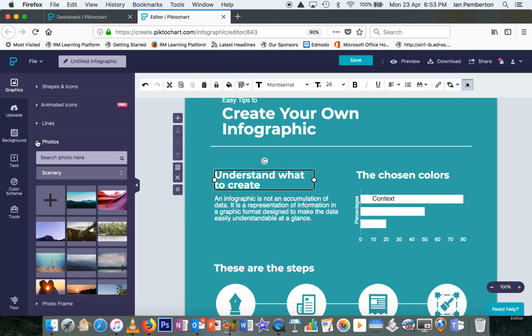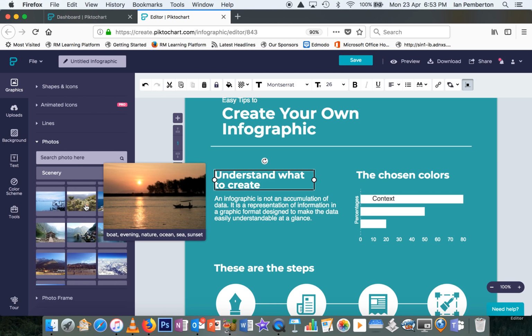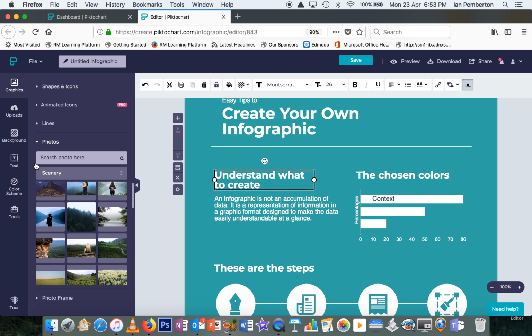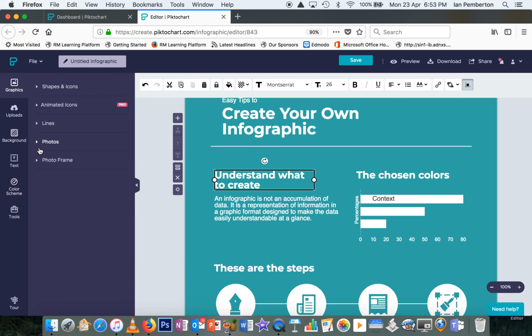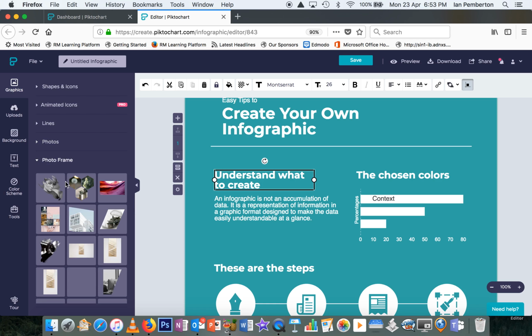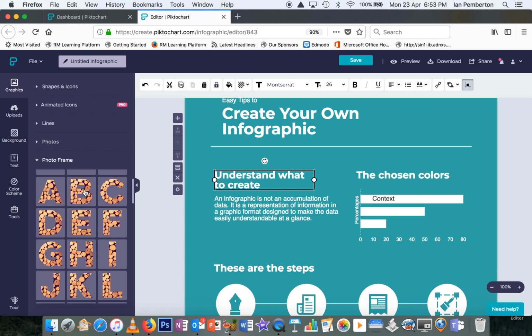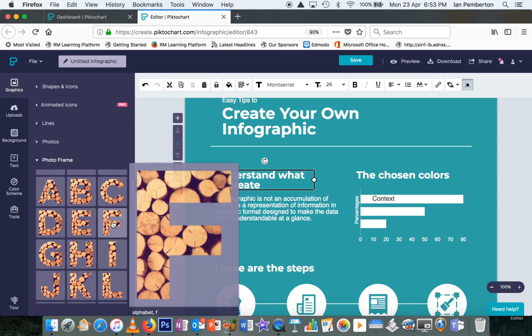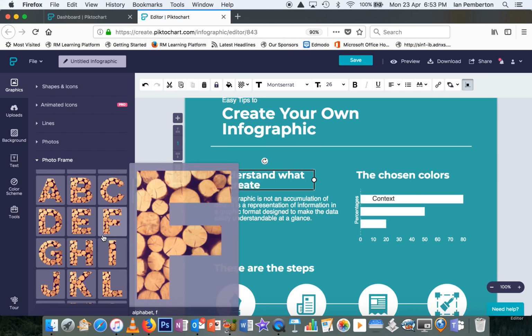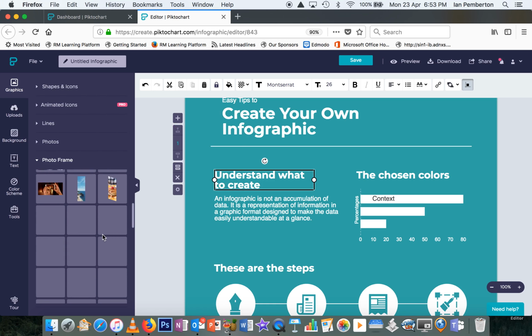We've got photos there, look. Most of those you can use. I don't think you'll use them at all for this exercise. And then you've got some photo frames that you can have a play about with. Now, a lot of these you can use, and if I actually scroll down these,